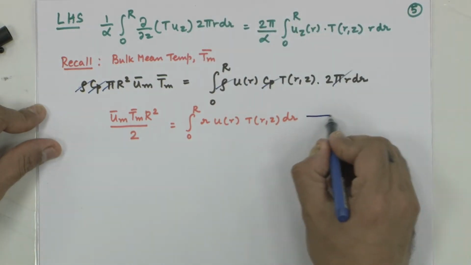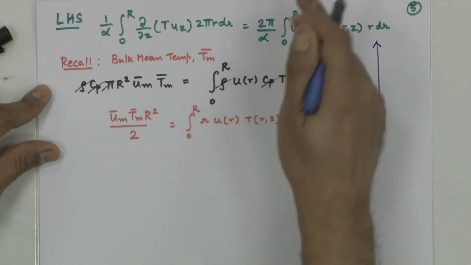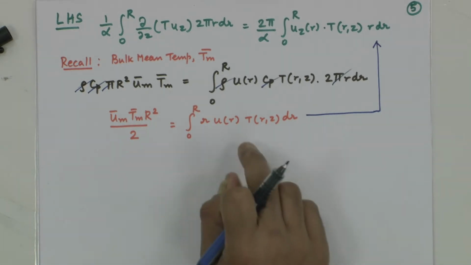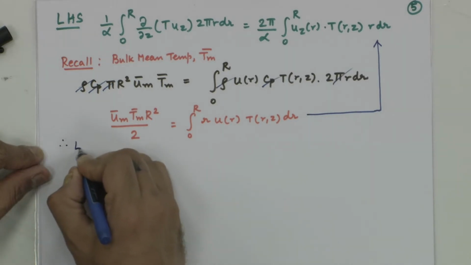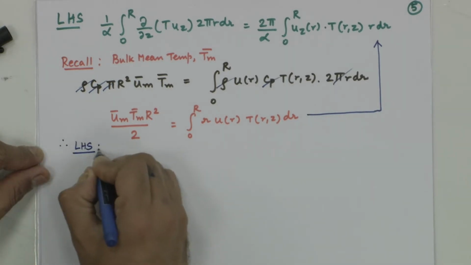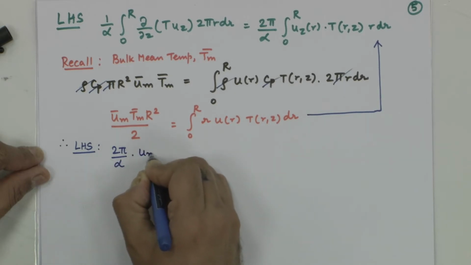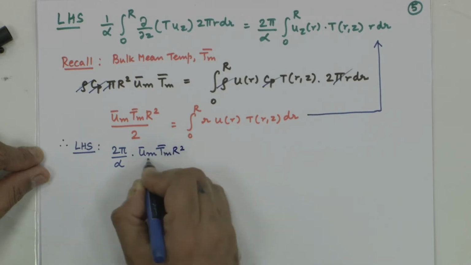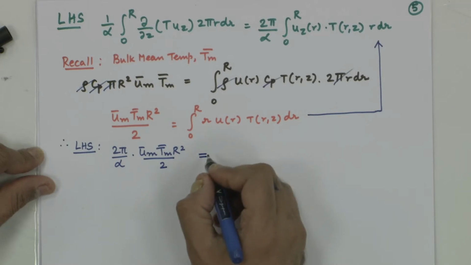This is nothing but the left hand side of the equation with that 2 pi by alpha sticking there. So, this step will help us manipulate the left hand side of the energy equation as 2 pi by alpha times u m bar T m bar capital R squared by 2, which becomes equal to